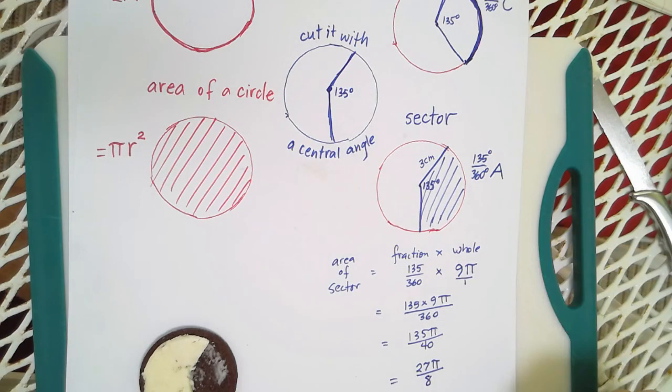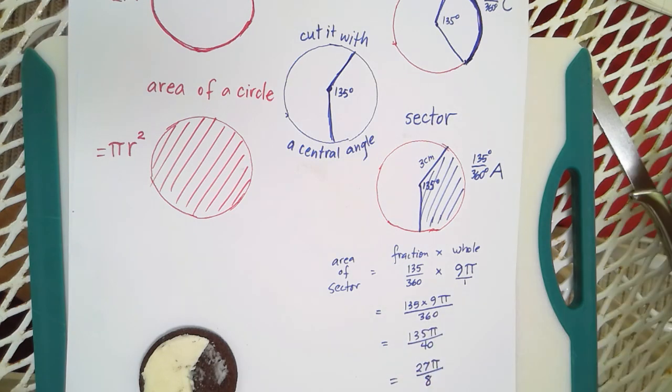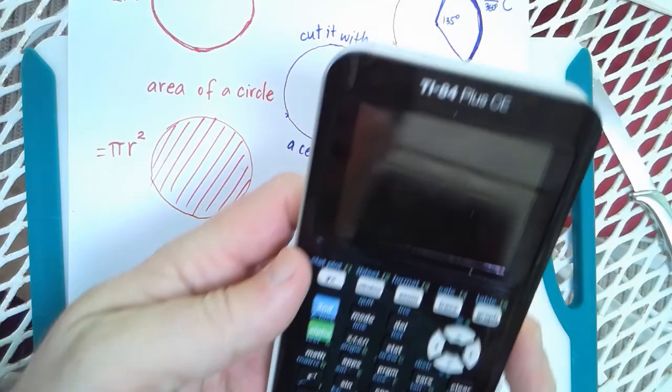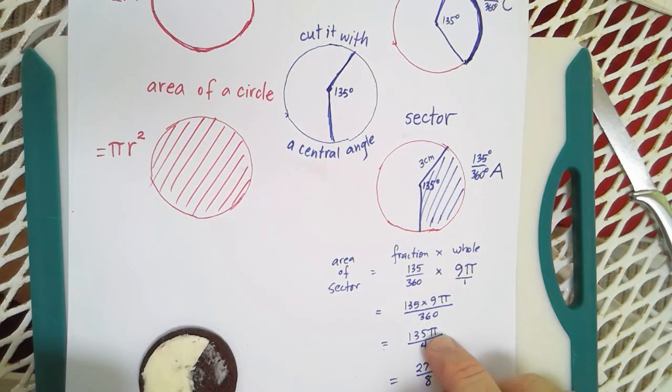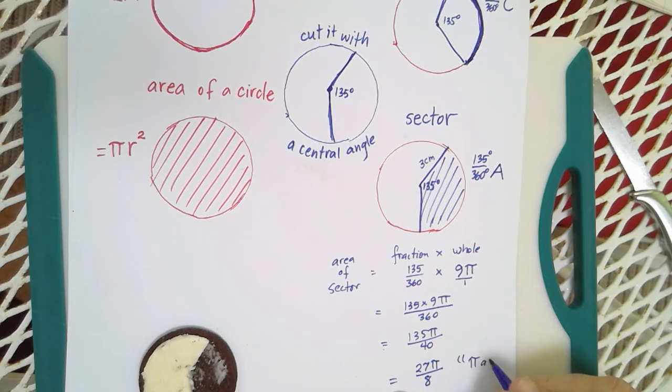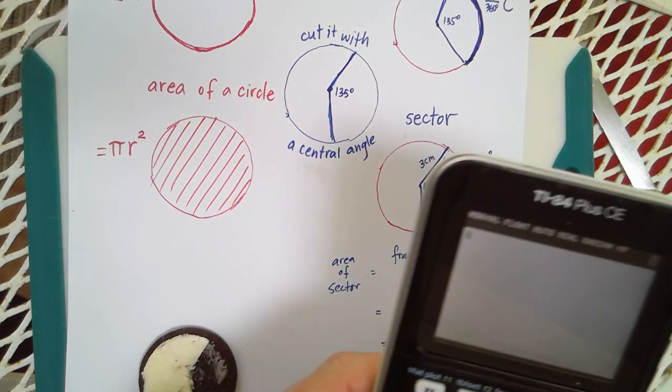Now, if you see a multiple choice and you weren't able to take 135 divided by 40, you didn't know if it equaled 27/8, what could you do? You could just leave the pi there. We're not actually multiplying by 3.14 or anything. We're just leaving pi as pi. That's how we call these exact answers. We leave pi as pi. Don't touch it. And don't forget about it. The answer is not 27 divided by 8. It's 27 times pi divided by 8. But we are going to leave pi as pi. And that's the exact answer. As soon as we multiply by 3.14, it's an